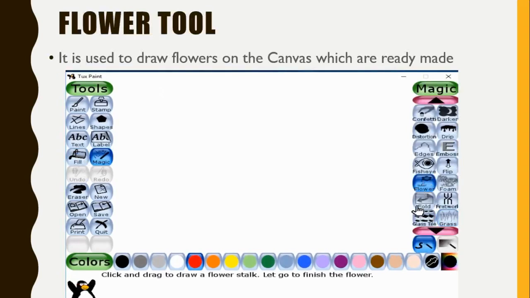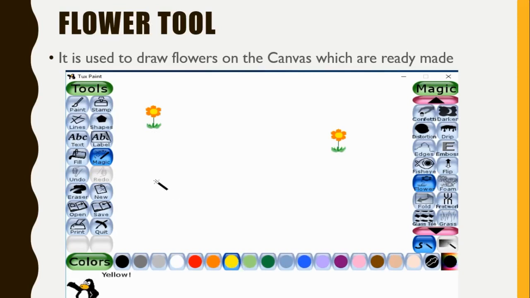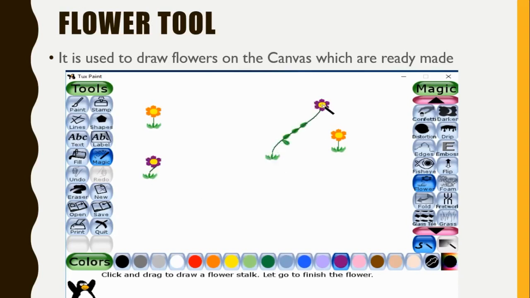Okay, now the flower tool is also a magic tool in which you can make different flowers. Look, here I am selecting colors and the flower tool, so you can see here the color will change. Like I have taken purple, you can see even I am changing the direction. You can change its direction also, you can move it also. Okay, so you can see I have done it many ways. Okay, so you can create your own nursery of flowers and all that. Okay, even you can make your own drawing.